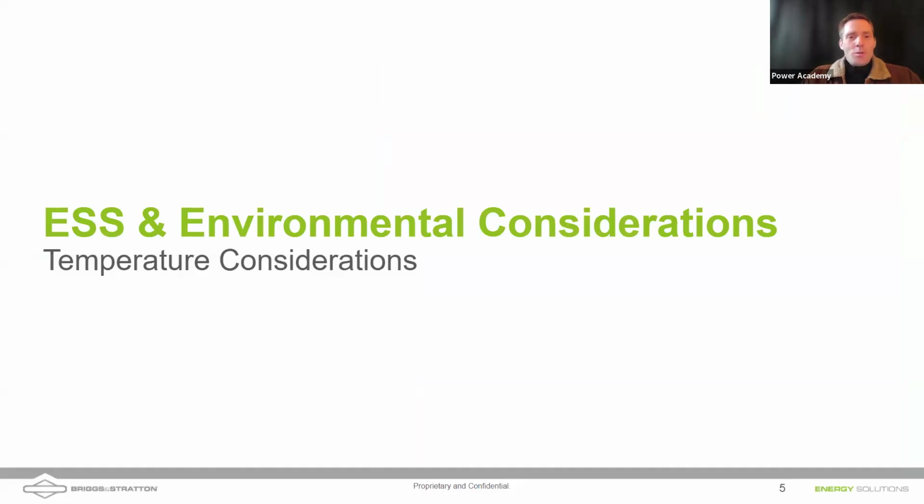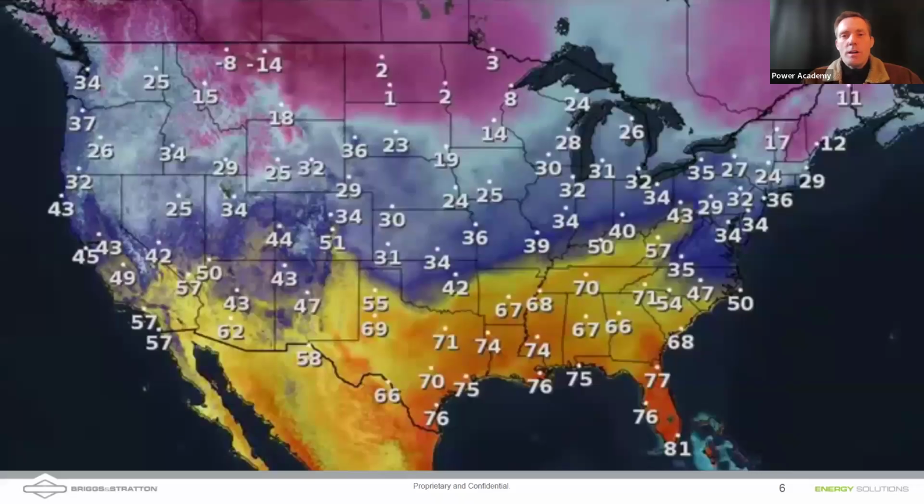So as we get into environmental considerations, what we mean by this for the most part is temperature, but there are other environmental considerations as well. So let's start to talk about temperature. And there are some effects that I'm going to get into on batteries due to temperature, mostly on the charging